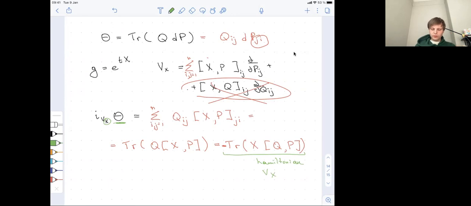And moreover, we can see that this Hamiltonian is given as the pairing between the commutator of Q and P and the element of the Lie algebra which generates the vector field. So this thing will be a moment map